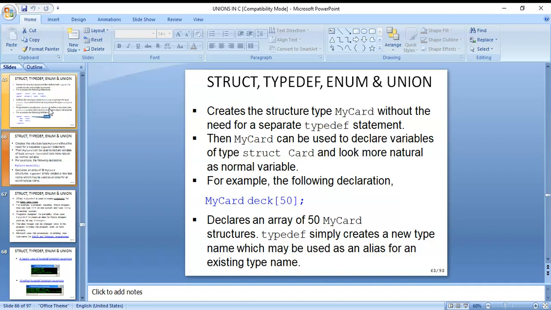For example, the following declaration: MyCard deck[50]; declares an array of 50 MyCards.